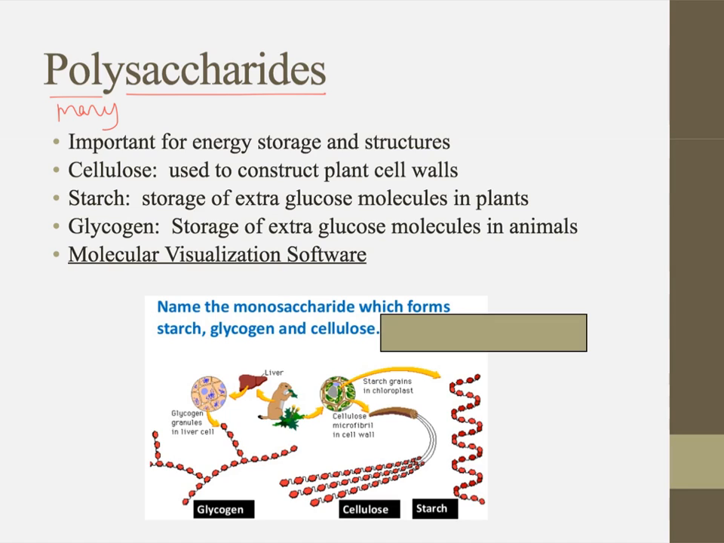Okay, all of them are made from glucose monomers. So they are all chains of glucose, and we can see that here. All these little red dots represent glucose. So what makes them different? Well, the difference comes from the way that they're connected and their shape. And we know shape determines function. So